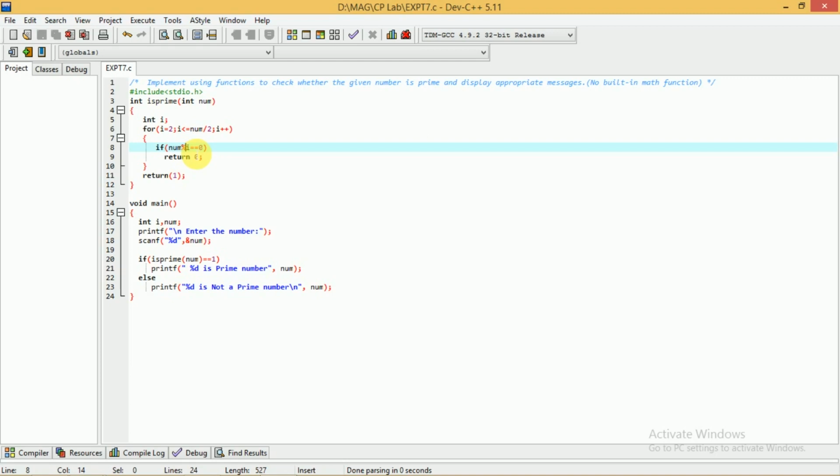If it is not equal to 0, it is not divisible by that number. So we check if num mod i is equal to 0. If num mod i equals 0, this i can divide the number equally. So in this case, we return some value, that is 0.